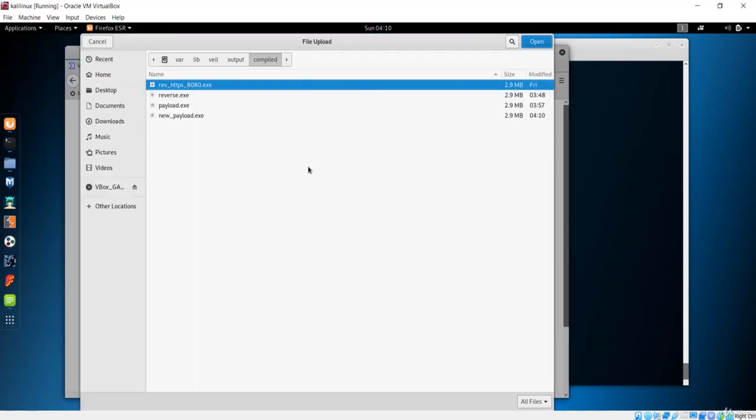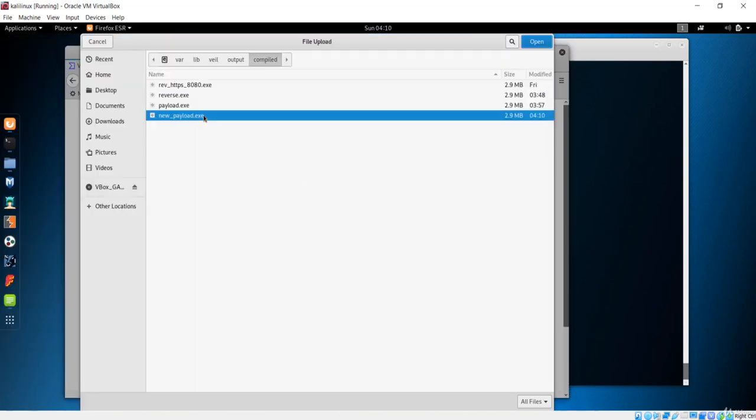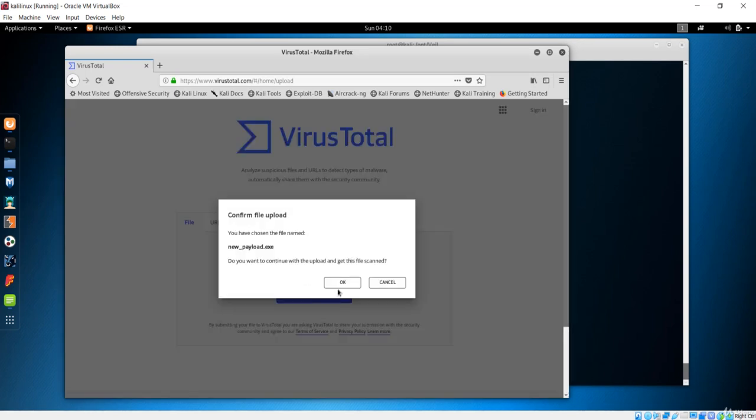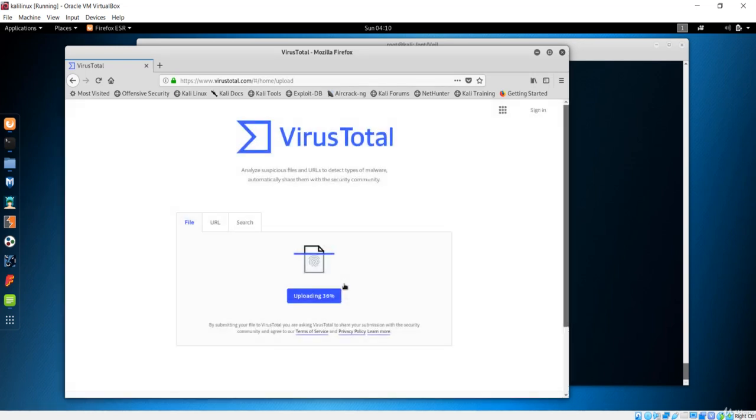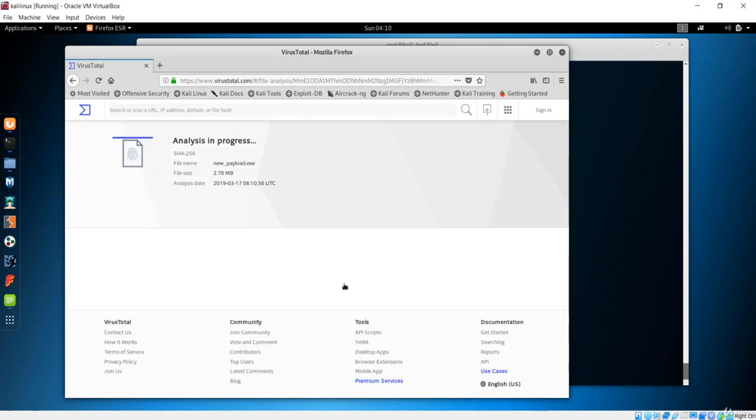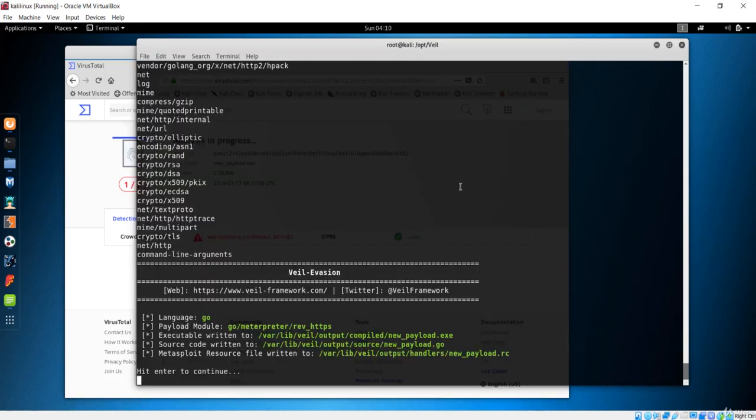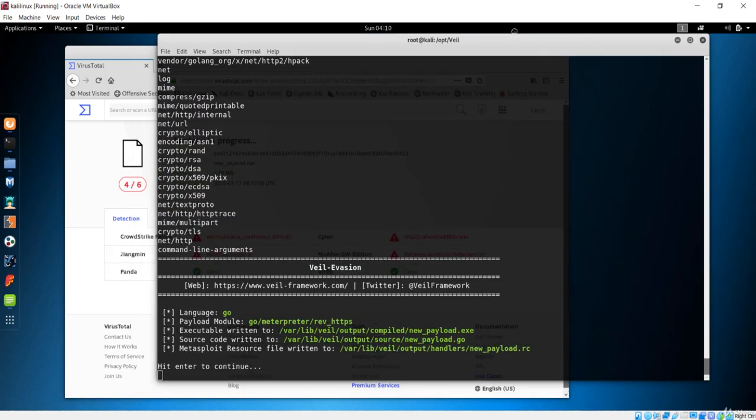Let's choose the file over here. It is the new payload, and let me upload it first and see if it can bypass or not. We haven't changed much, only this one change.